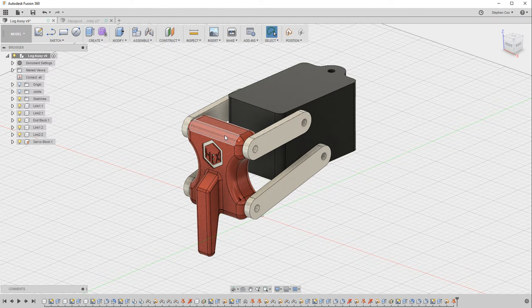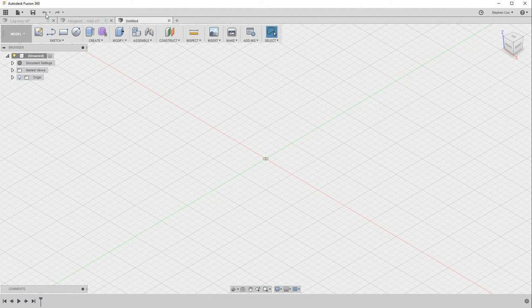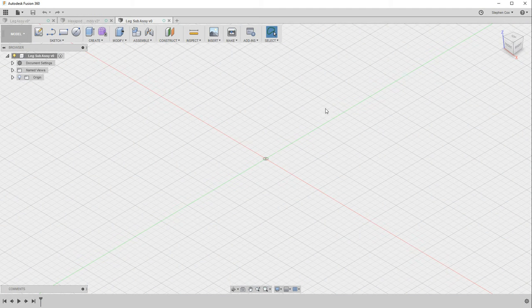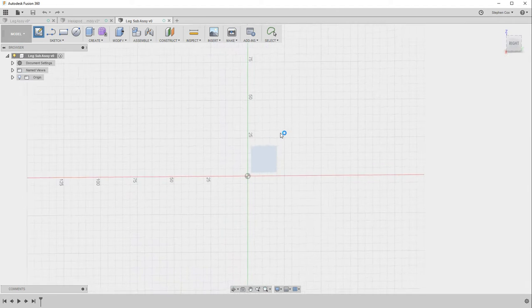leg design. So straight away what I'm going to do is create a new design and immediately save that and call it Leg Sub Assembly, so that I can then bring that in from the project area, which is the hexapod project area we created earlier. So I've created that leg sub assembly now, and I'm going to go straight into the sketch menu and start